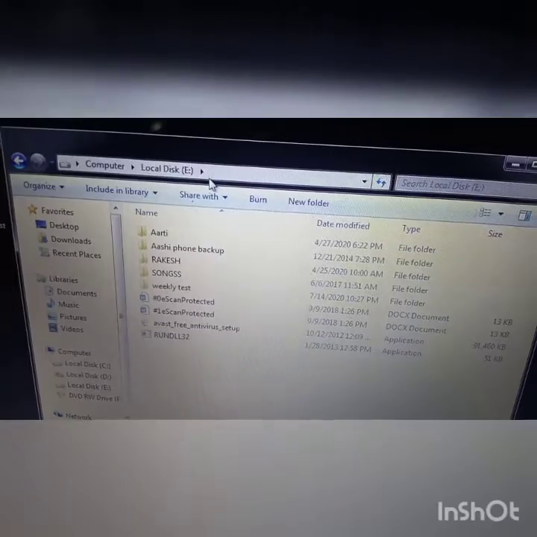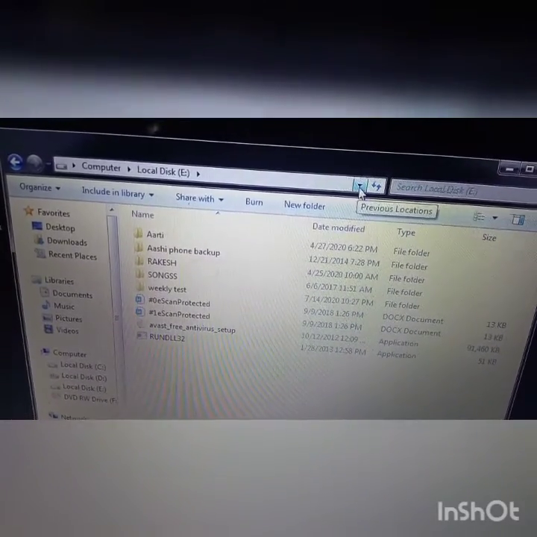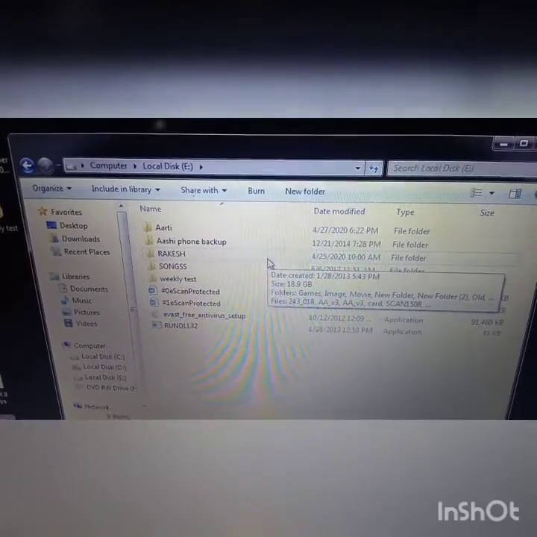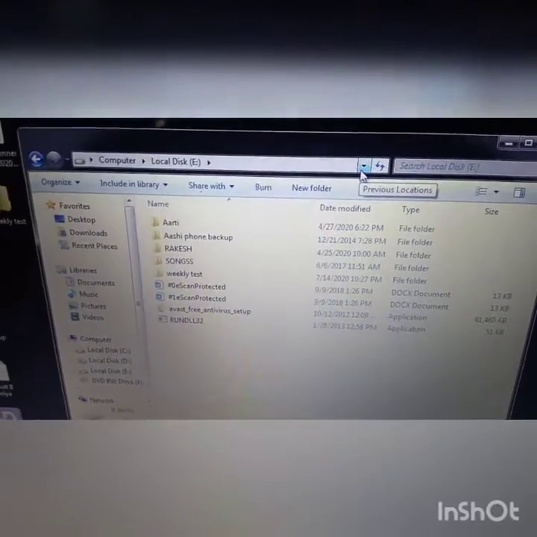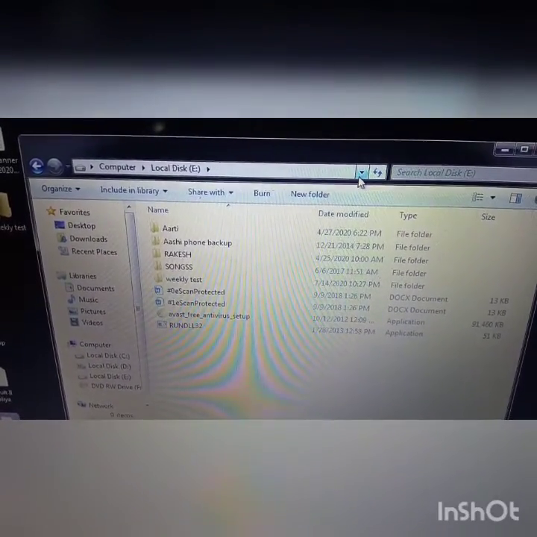By clicking on that arrow you can navigate without closing the current file or folder. Now you can understand how you can move. By clicking on that arrow you can move anywhere without closing the current window.